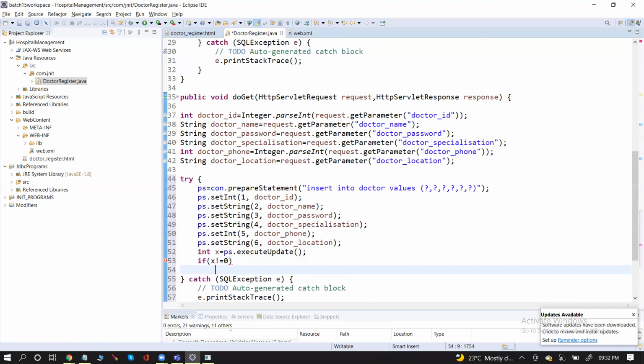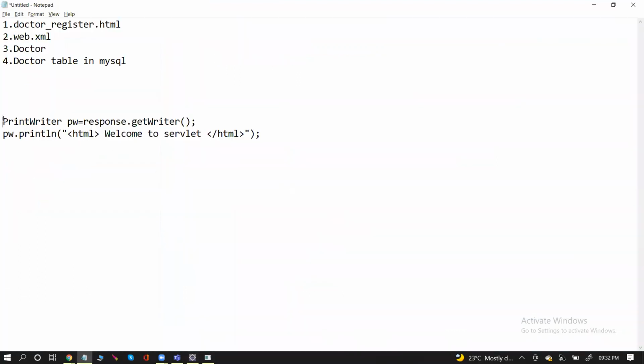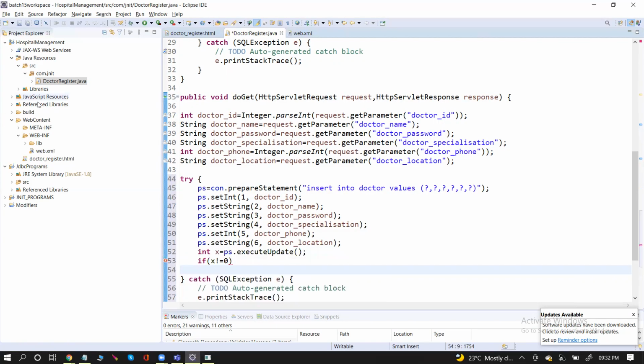We can't write System.out.println. So what we have to do? PrintWriter. Yes, PrintWriter, response.getWriter, object, right? So what I can do here, I can create PrintWriter pw equals to